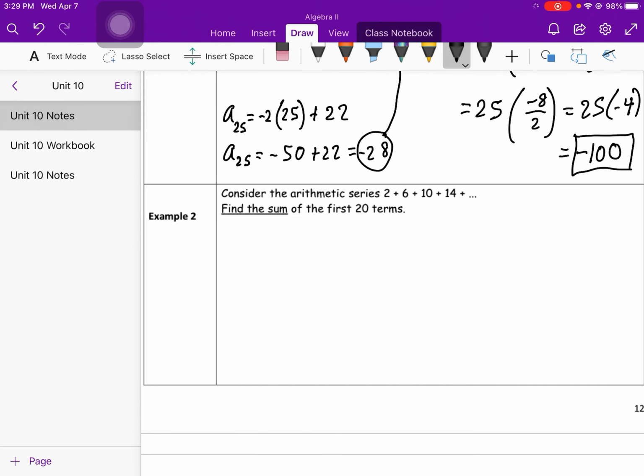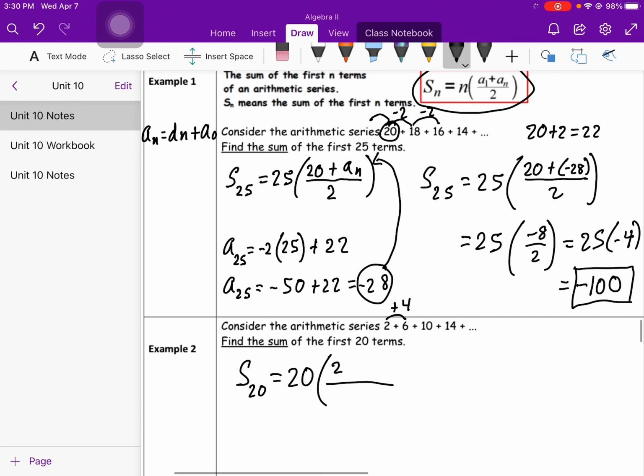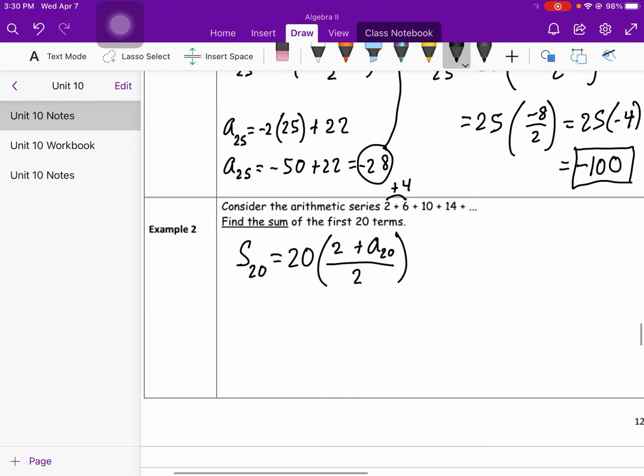All right, here's our next one. Consider the arithmetic series 2 plus 6 plus 10 plus 14. Notice we are going up by 4 each time. So fill out what you know in the general formula. S of 20, excuse me. So we're finding 20 terms. The first term is 2. So we're just filling out this formula again. First term is 2 plus a of 20, which we still need to solve for, and we're going to divide that by 2. So a of 20